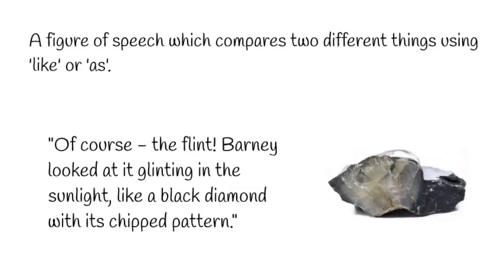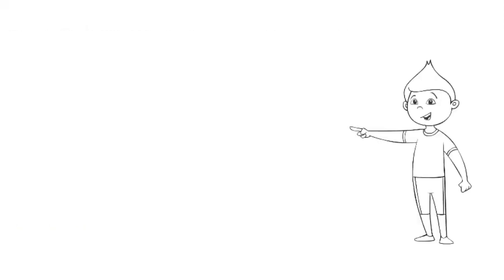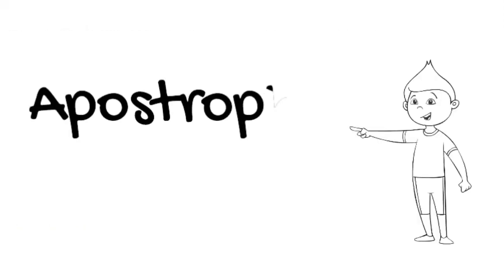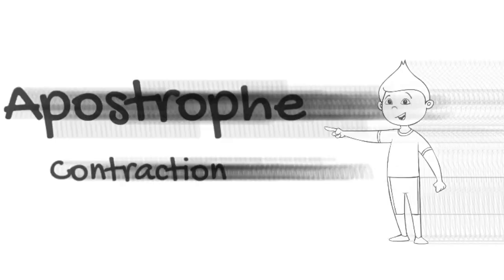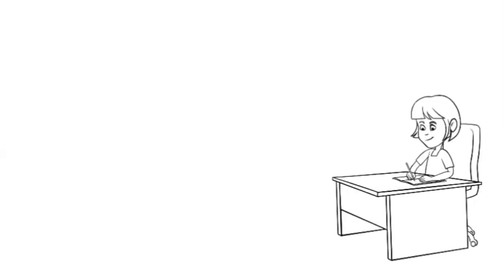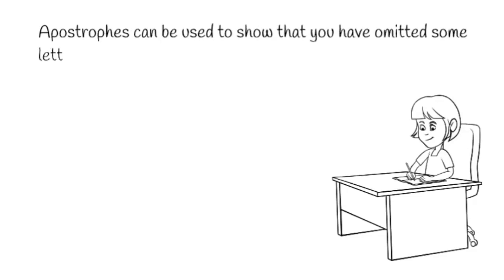Now let's have a look at apostrophes. First up, apostrophes of contraction, also known as apostrophes of omission. Apostrophes can be used to show that you have omitted, which means left out, some letters when joining words together. So, for example,